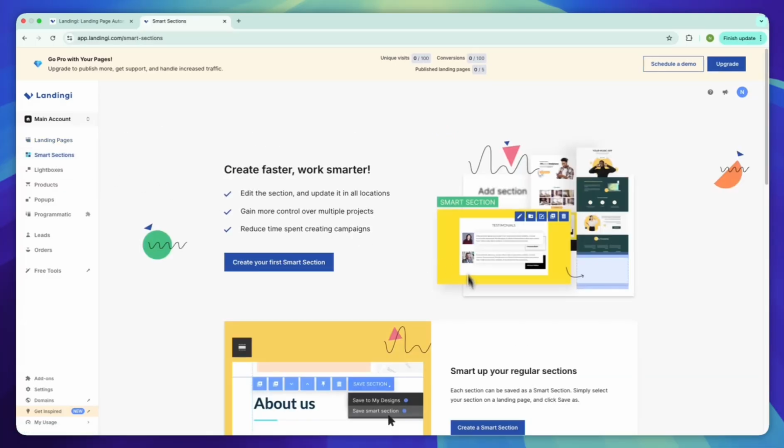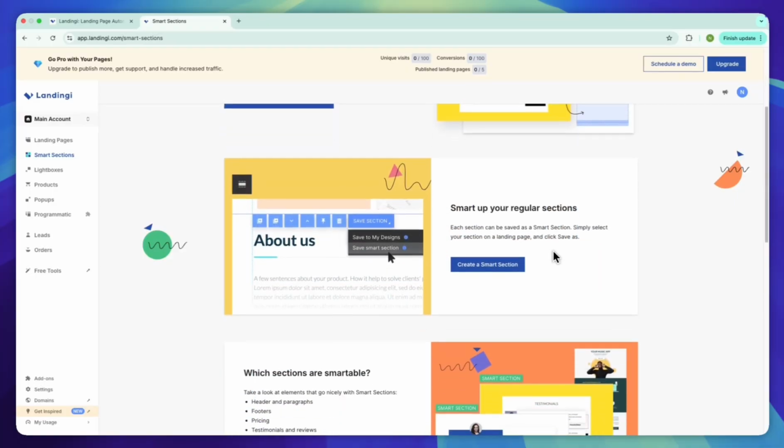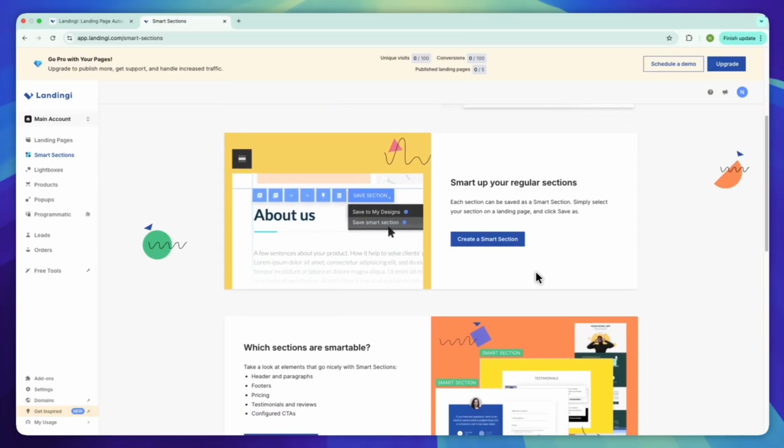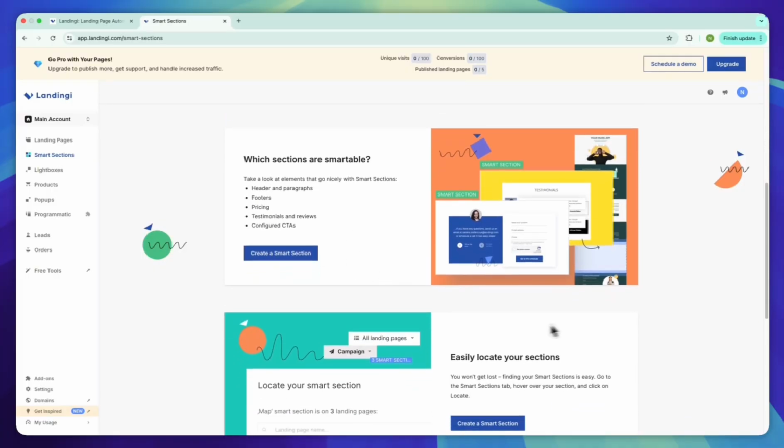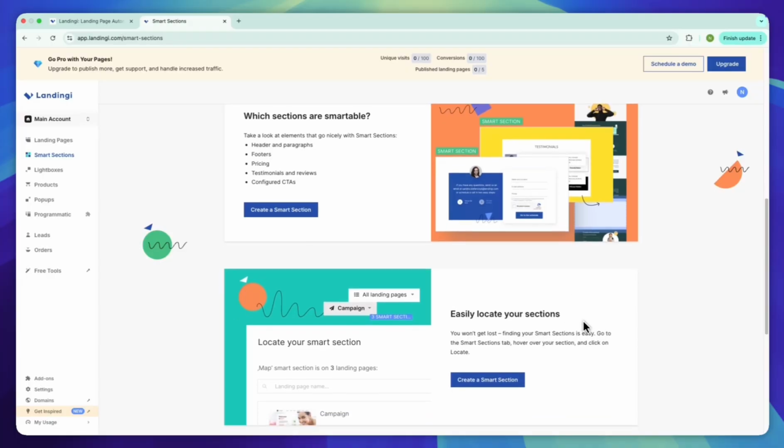So first, smart sections. On my screen, you see "create faster and work smarter." And that's the point: you design a section once and reuse it across many pages. So, smart up your regular sections, which means you can turn a normal section into a smart section and manage it centrally. You'll also see hints about which sections are smartable and ways to quickly locate your saved sections near the bottom